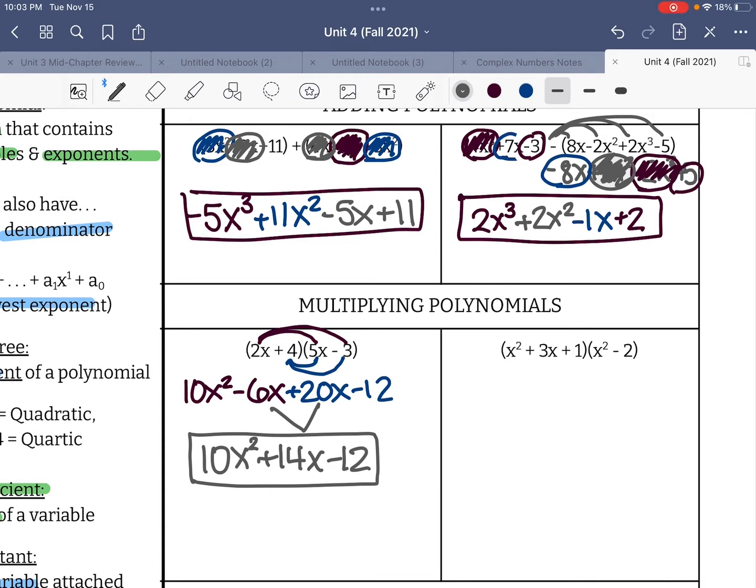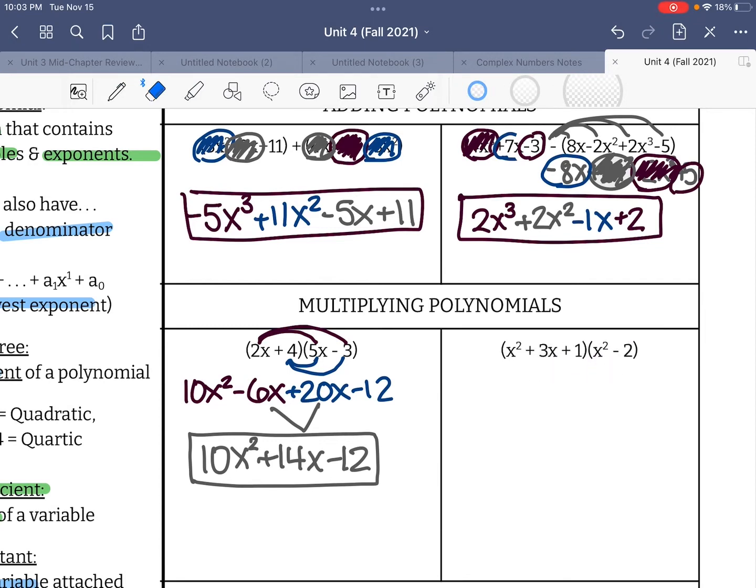Now let's talk about what we're going to do on the second one, because there are 3 things in the first parentheses. So all 3 of them have to get multiplied by both of the things in the other parentheses. Like this, and then this, and then this. And for me, that looks kind of confusing, and I lose track of what I'm doing. So instead of doing it like that,